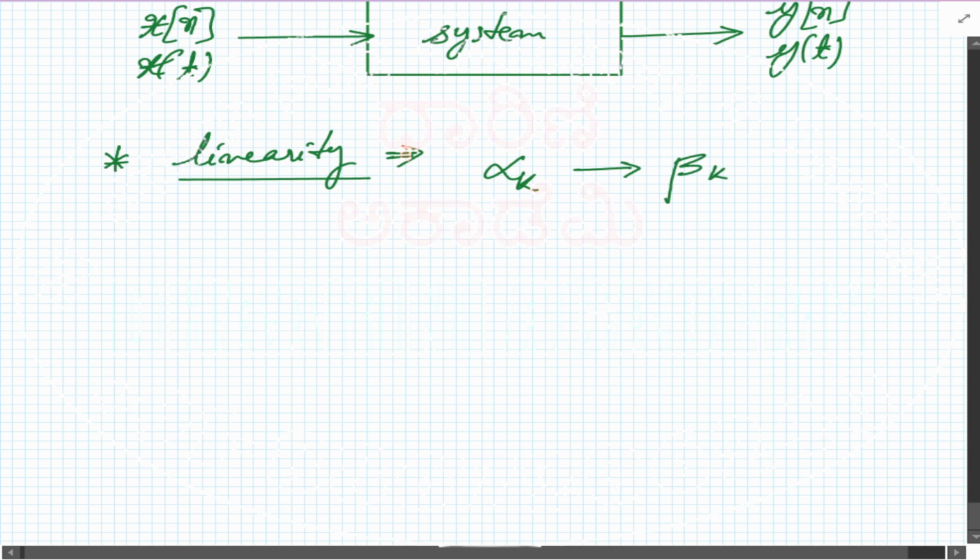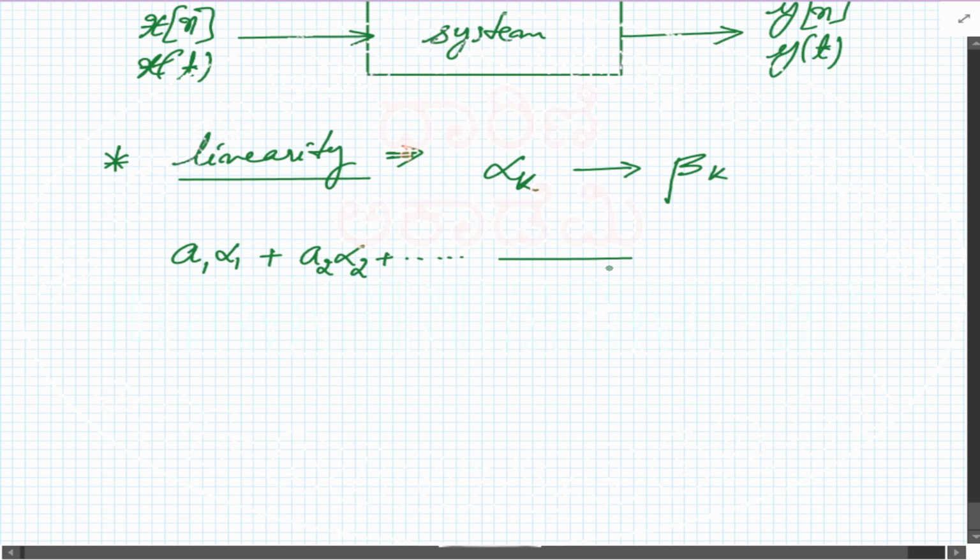To make it simpler, represent the input as a1 alpha 1 plus a2 alpha 2 plus a3 alpha 3, and so on. Whatever input x of n you give, if you split it into this linear format,